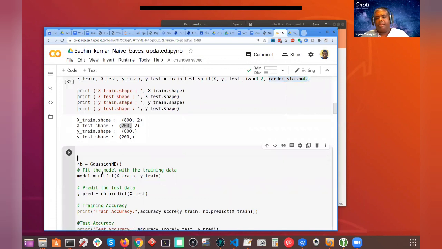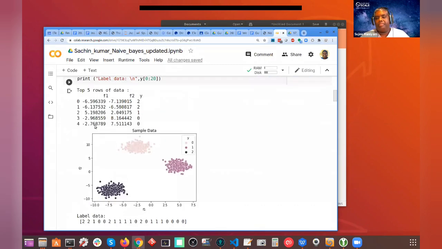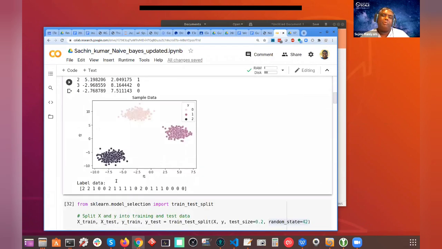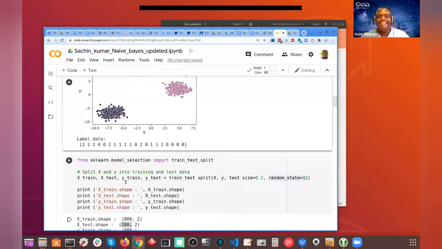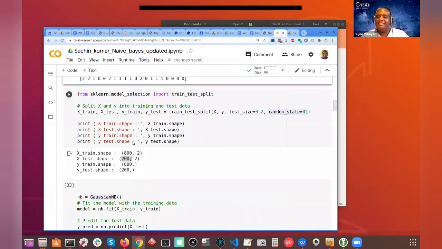And here is the training algorithm. So we're initializing Gaussian naive Bayes. From this point on, once you figure out X and Y, and this is why I've been pushing you guys to use a template, the rest is pretty much autopilot. And that's the beauty of scikit-learn, because the APIs are exactly uniform. You can just copy paste from one notebook to another, and it will just work.